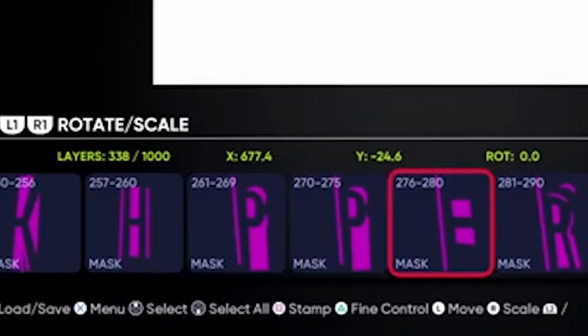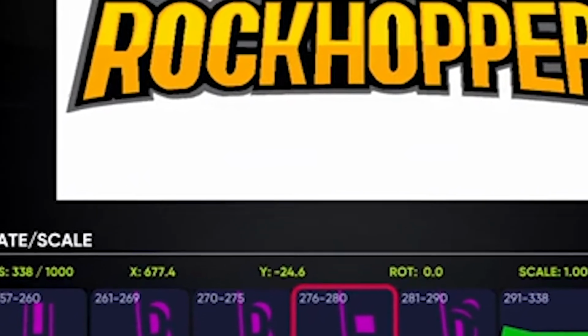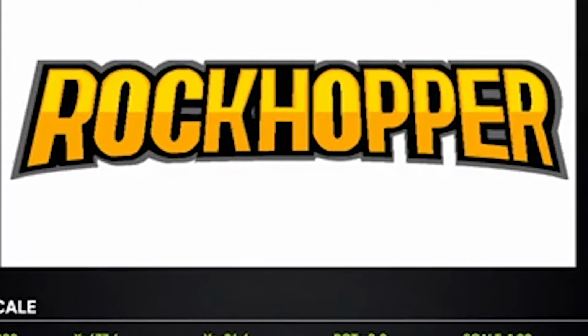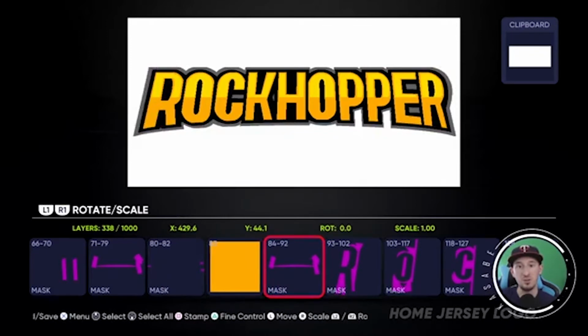First, as long as I have it up here, I'll show you that I have the mask set for each letter. So if there's one letter that somewhere in the future you think looks a little bit off, you can go back to that specific letter and maybe tweak it just a little bit. The other thing I'll show you is this mask layer right here, which is going to flash there. You can see I have one at the bottom for the curvature, and then to get the slant